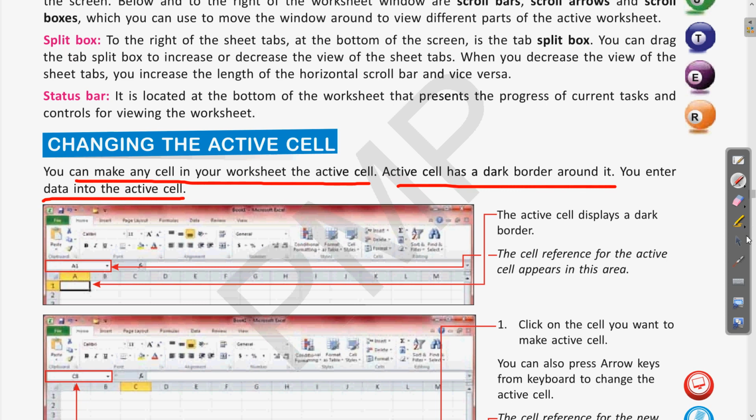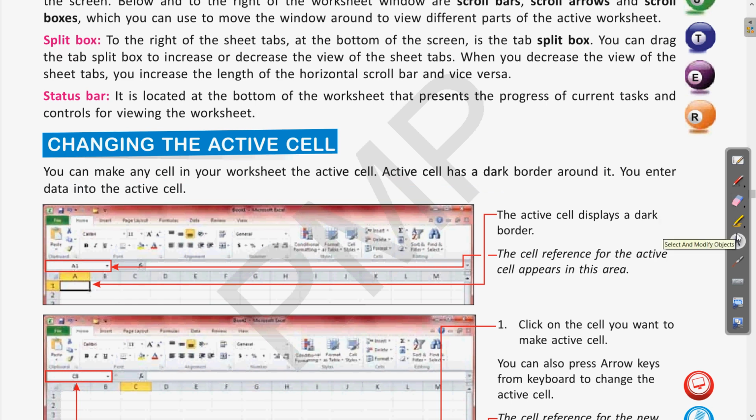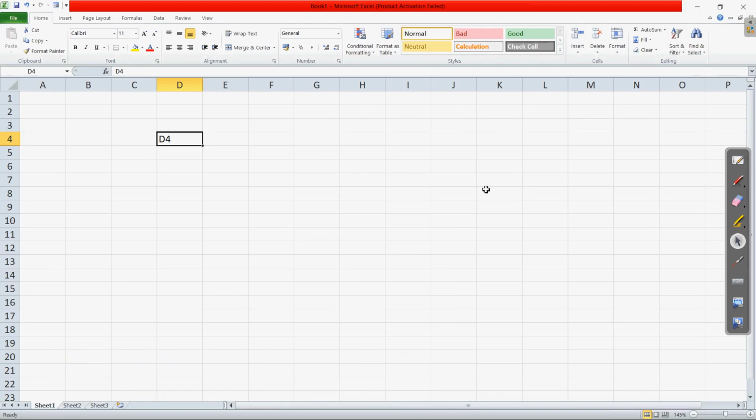So we know what a cell is. A cell is the intersection of rows and columns present in the sheet, but the active cell is the one in which the data will be entered. Right now you can see that D4, where we have written the data, has a thick border around it. If I click anywhere else, now E7 is the cell that has the thick border. So this is the active cell. Whenever we enter data, it will be entered into the active cell only, meaning the selected cell.